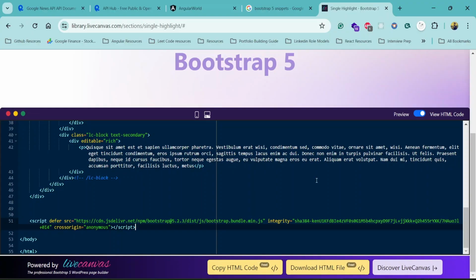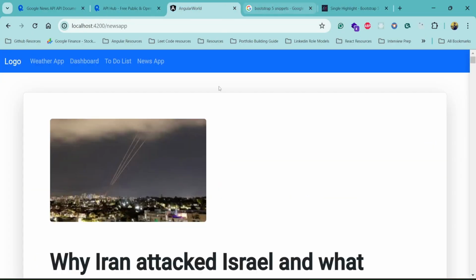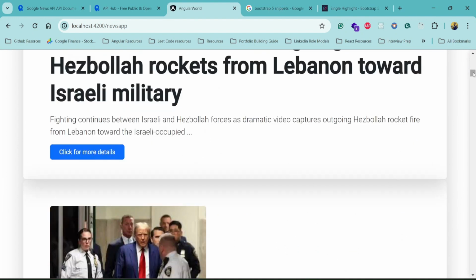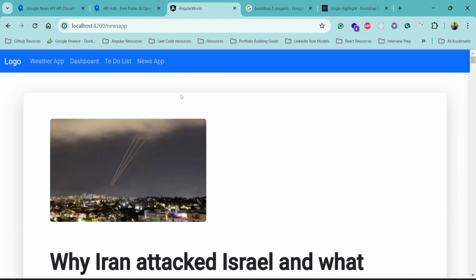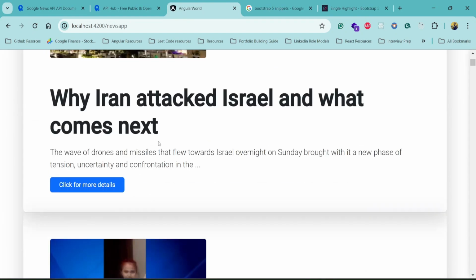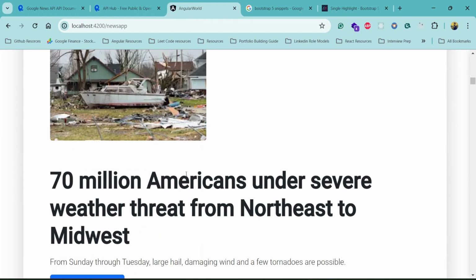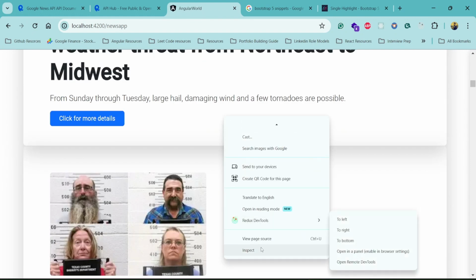So in today's episode, we are going to see how we can create the news application in Angular, through an open source API. And as you can see, this is our existing application where I've added this news app. Once you navigate to it, you will get the news coming from the API, and this is